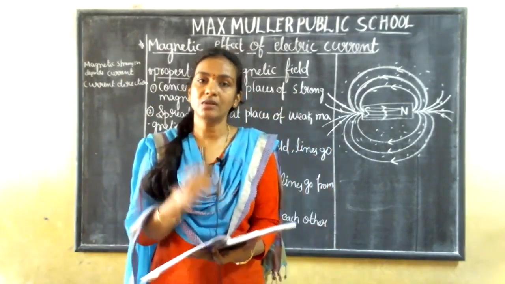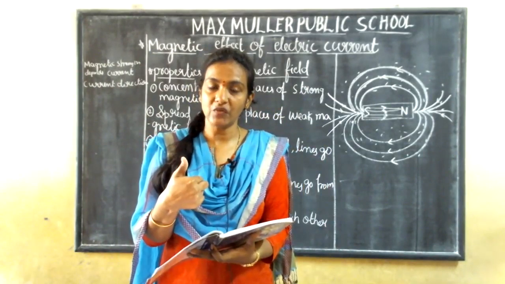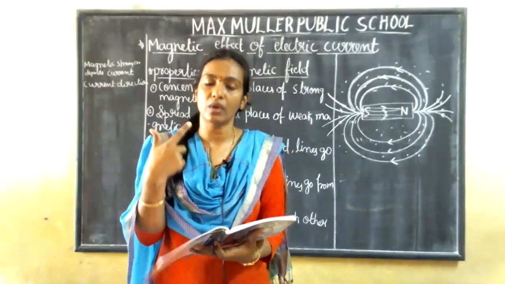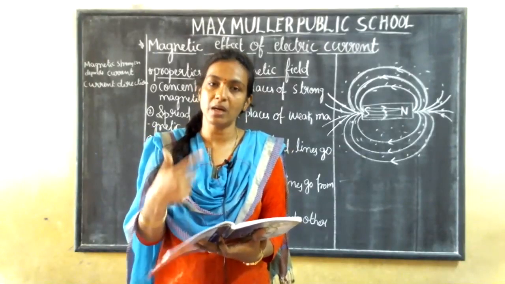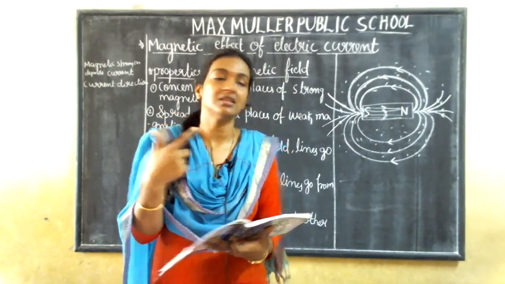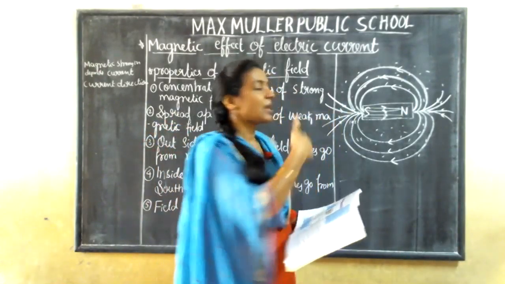Understood? What did you learn now? What is a magnetic field? Can you show a magnetic field in a diagram? Means how can you see that one? Yes, you can see it, but in the way of magnetic lines, because the iron filings arrange themselves in this way. So they can be shown as magnetic lines.